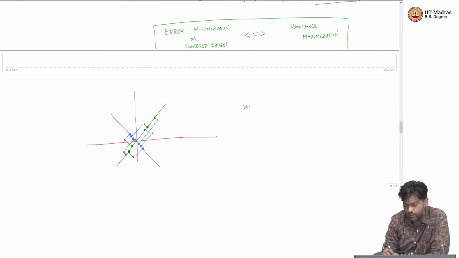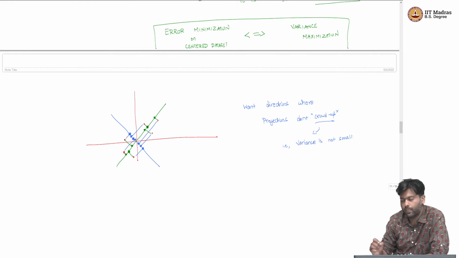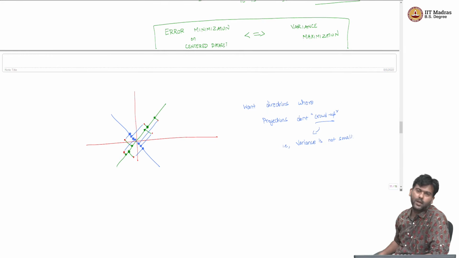So, we want directions where projections do not crowd up, right. I am using "crowd up" in a loose fashion, but for us the definition of crowd up is that variance is not small, right. So, we want variance to be as high as possible,